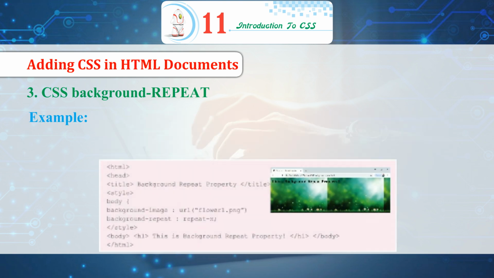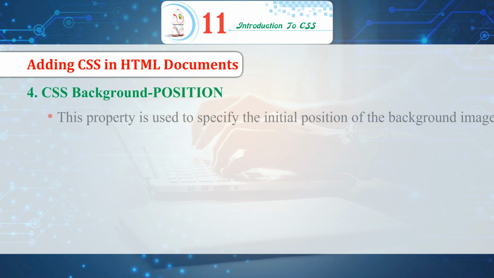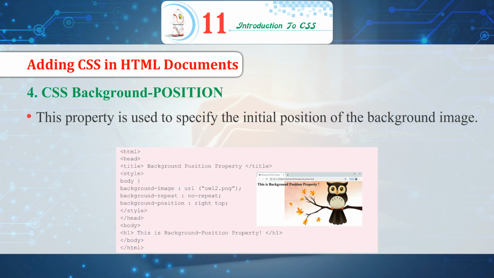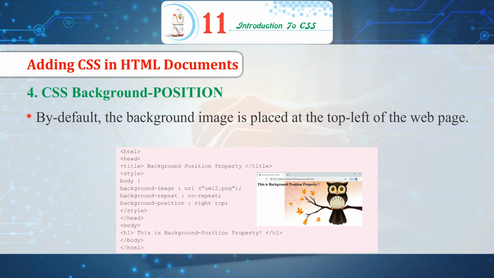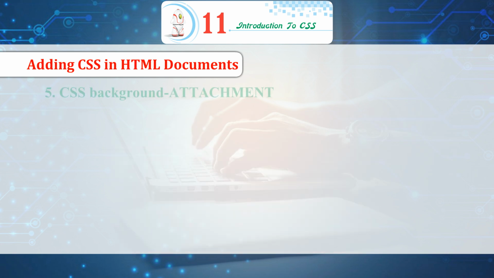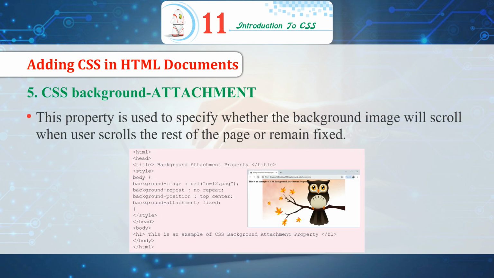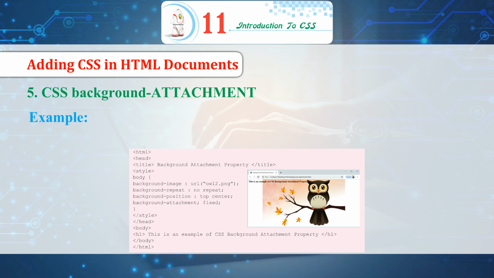Syntax. Example: 4. CSS background position. This property is used to specify the initial position of the background image. By default, the background image is placed at the top left of the web page. Syntax. Example: 5. CSS background attachment. This property is used to specify whether the background image will scroll when the user scrolls the rest of the page or remain fixed. Syntax. Example: